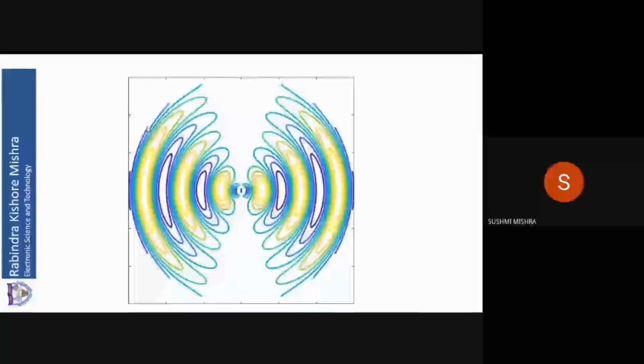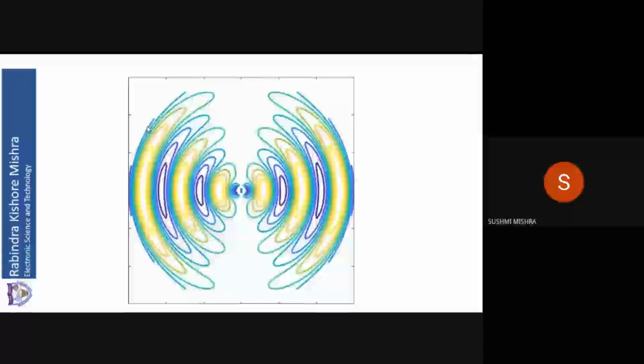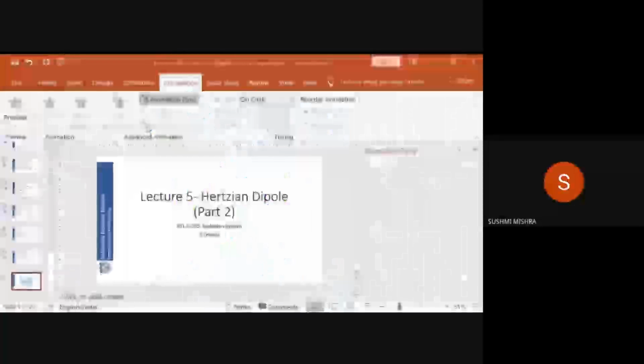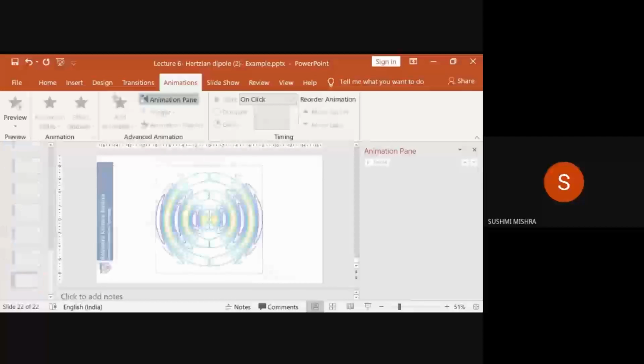Next class we'll start with small dipoles, then we'll move on to half-wave dipoles. We'll use the concepts of Hertzian dipoles there. So I hope you will remember what we discussed, or you will study what